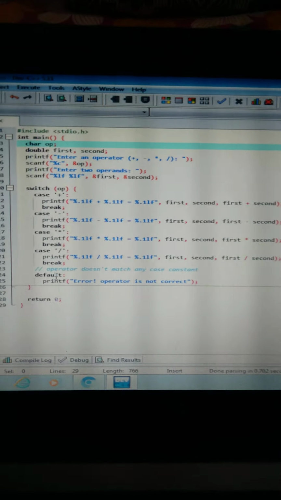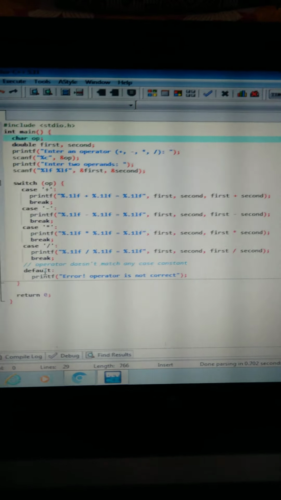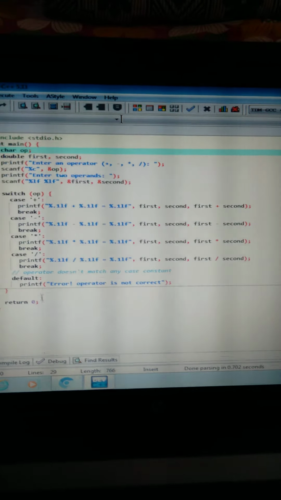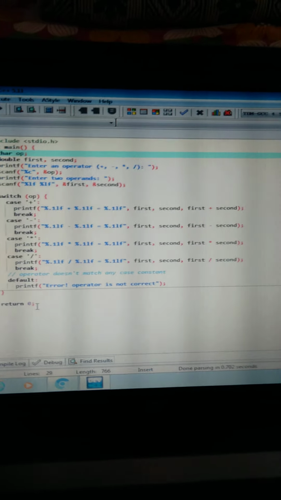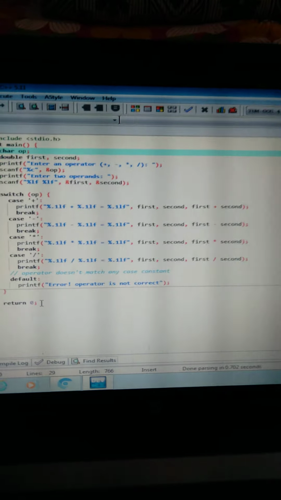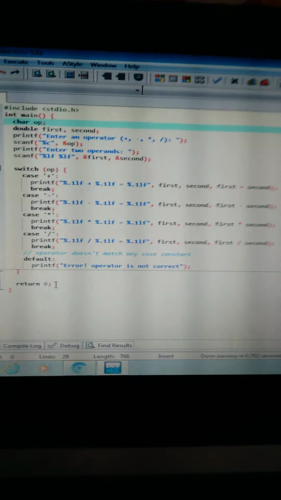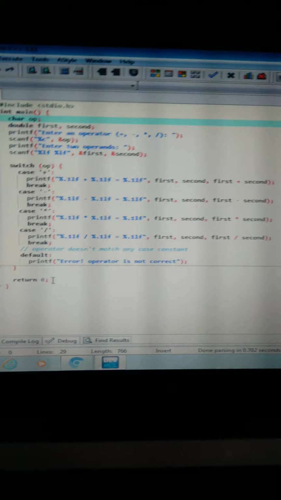Default means if we give any invalid input, we do not get our result. Return 0 means after the whole calculation part, it stops. This is all about the first program.